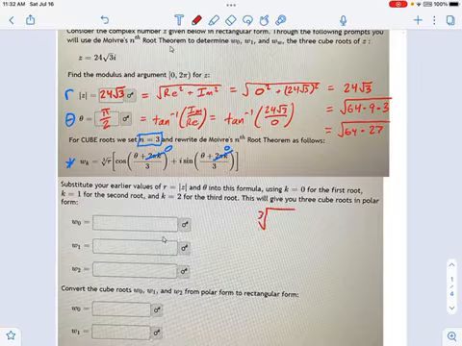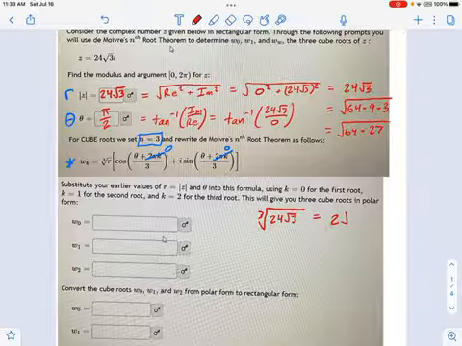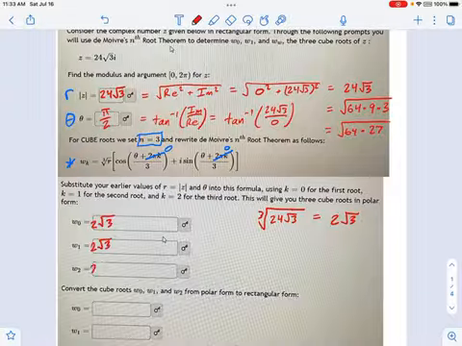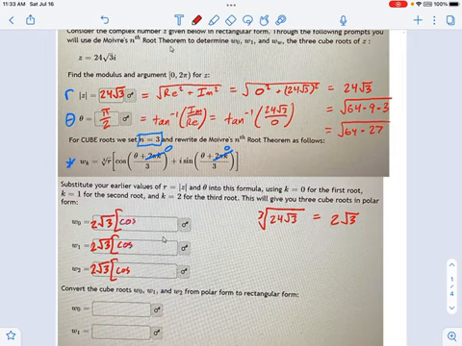The cube root of 24 radical 3, which is kind of annoying to have to deal with. Build some factor trees. You will eventually get yourself down to a simplified form, which is 2 radical 3. Okay, but I don't want to spend a lot of time going over that. So all of these roots are going to have 2 radical 3 up front. And then the only question is, what is the angle that goes inside them?